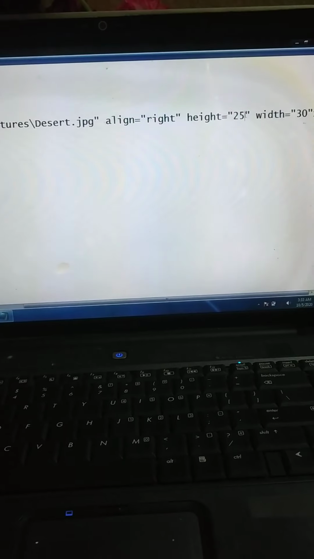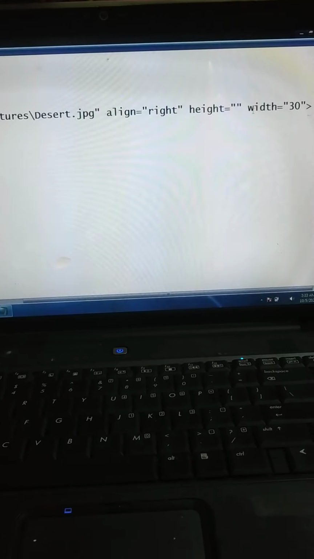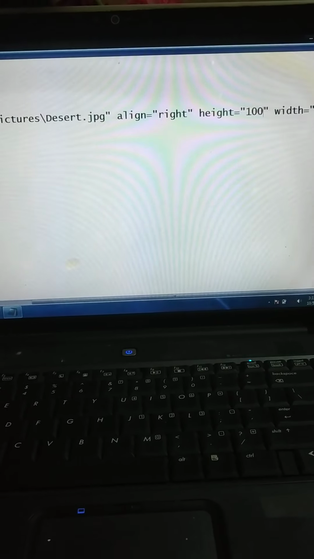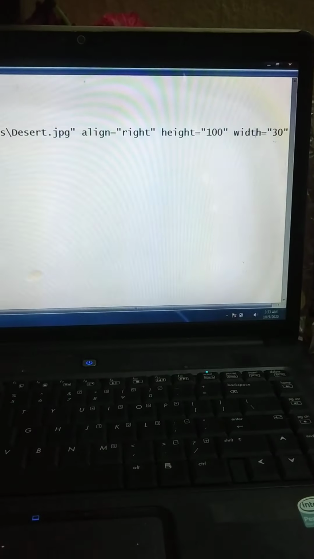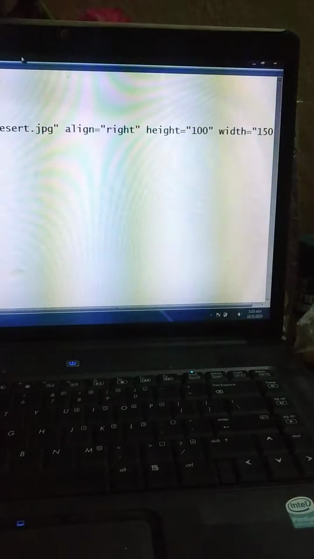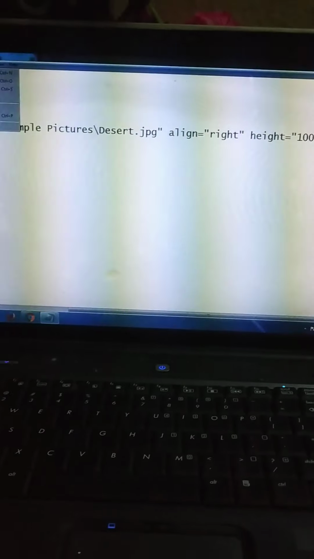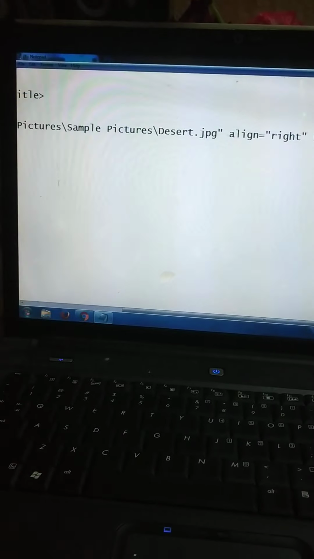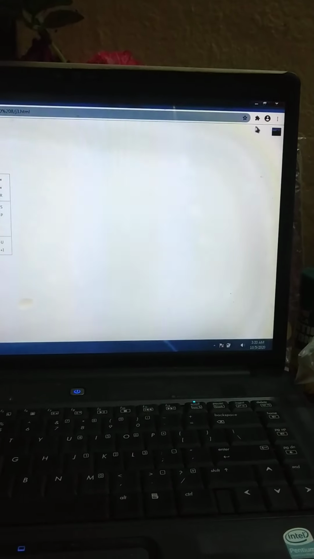So I knew that 25 is very small, so suppose I make it 100 and the width let me make it 150. Okay, so now again I will be saving it. Again I'll go here, you can see the image is very small here in the corner. Okay, so let me reload it.